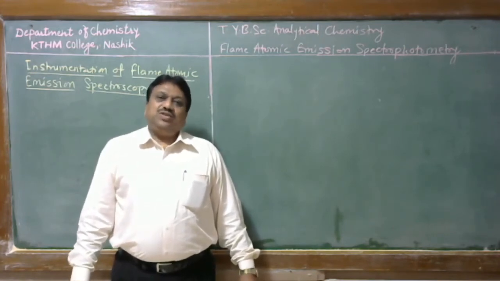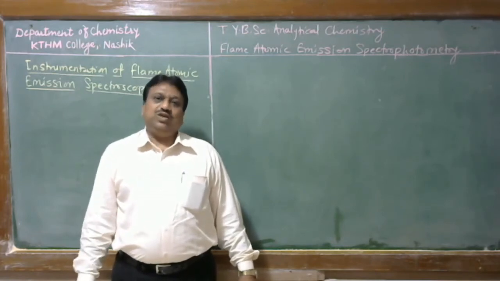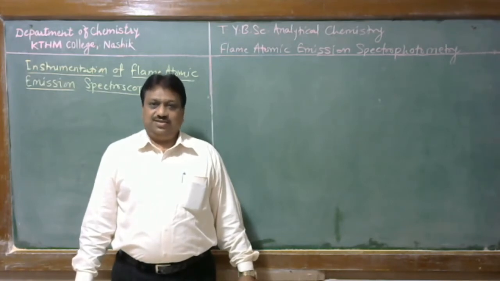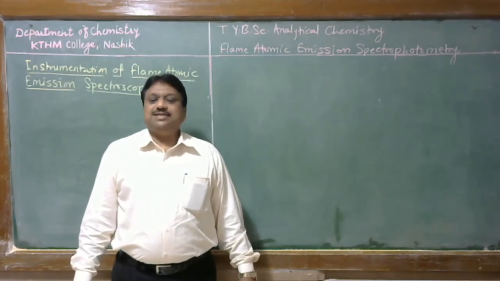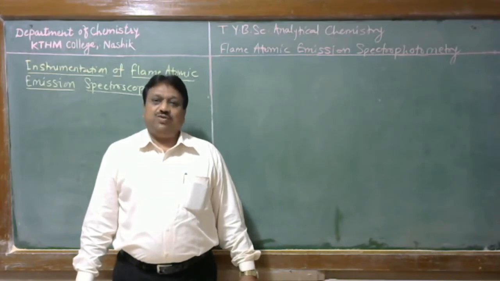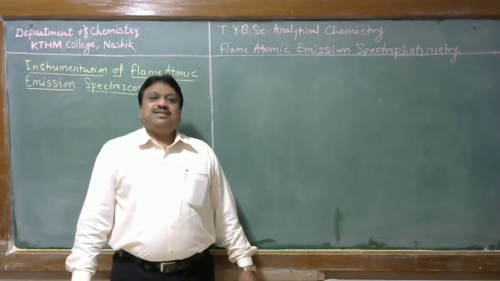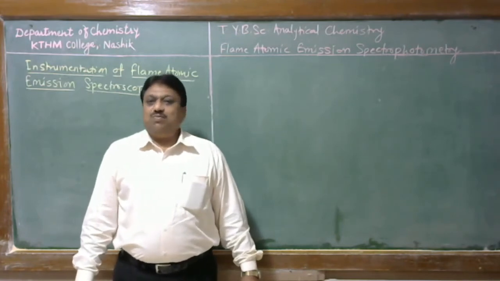In addition, when we irradiate atomic species either with electromagnetic radiation or with thermal energy, and these species emit radiation, we can isolate this radiant power to measure the concentration of the substance. In the previous lecture, we discussed the optical components